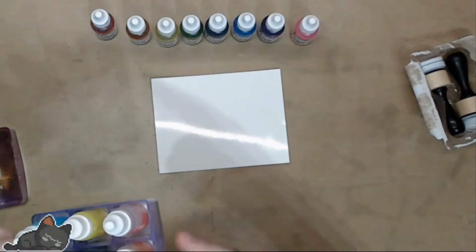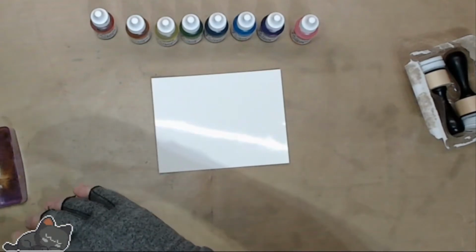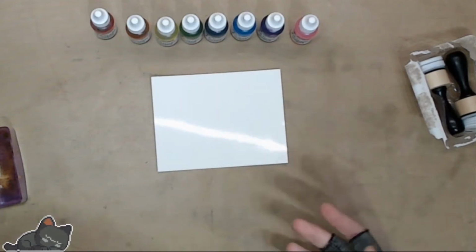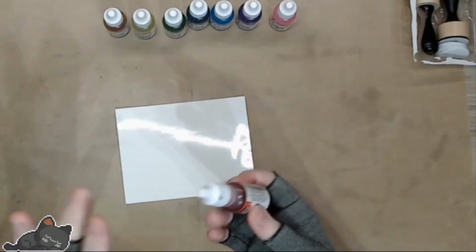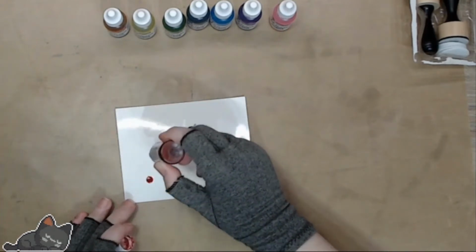So I don't know whether they're going to look different to those on white paper, whether the white is even going to work the same way on paper. Obviously it's white paper, so it's hard to know, but yeah. So I'm quite looking forward to this. I'm really excited. I do have a glove with me just in case I do get in a mess. I think I can just literally sort of